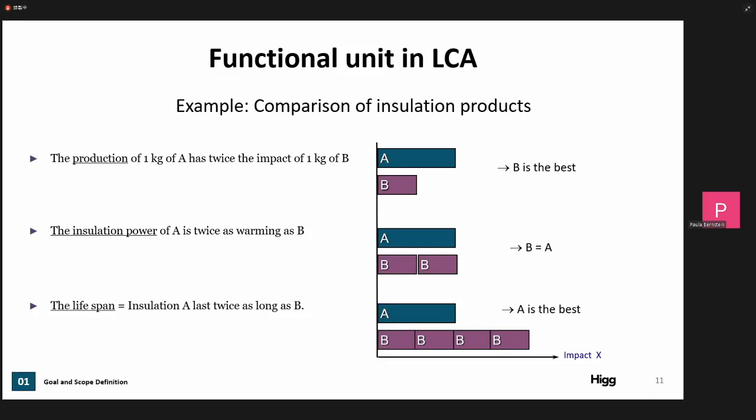So just a caveat that the data on this slide is an illustrative example, and this doesn't reflect our actual data or any data. This is just to give you a sense of a functional unit and how it could possibly matter. So basically, on our top example here, on a per kilogram basis,